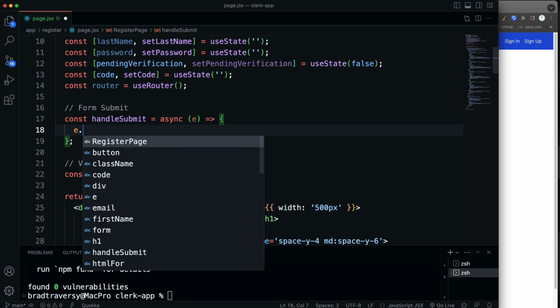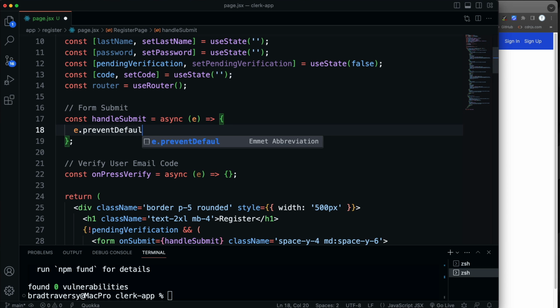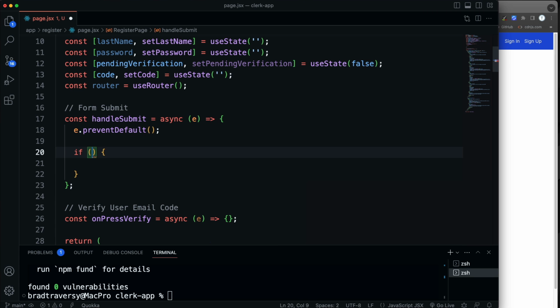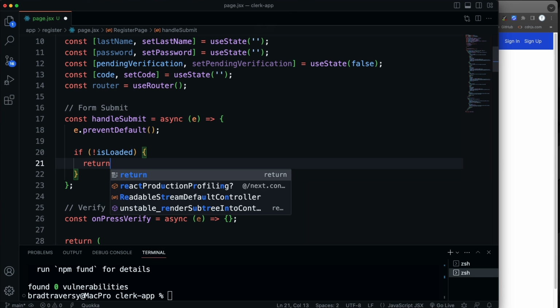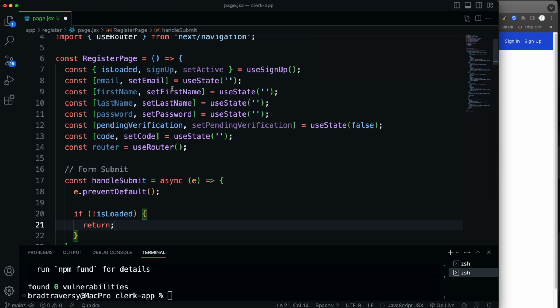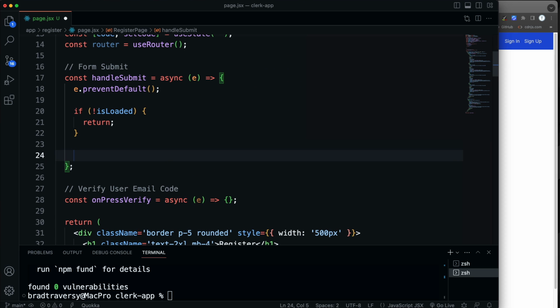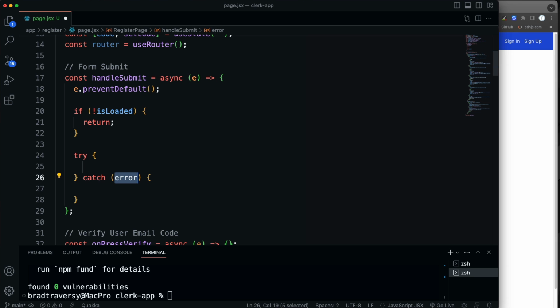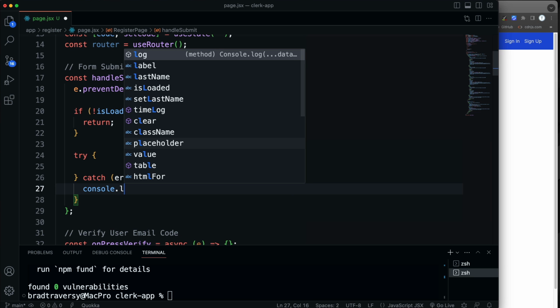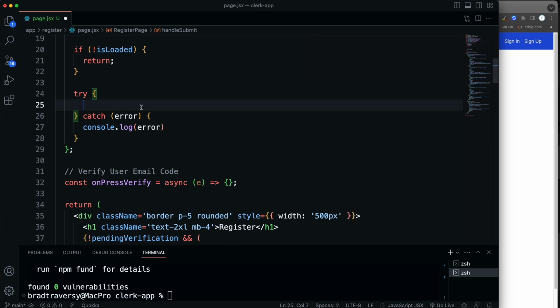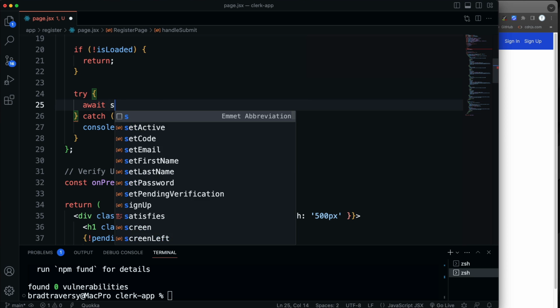So let's first of all e.preventDefault, and then we're going to check to see if it's not loaded. So if not is loaded, then we want to return, because that means that the sign up object is not loaded, is not ready. If it is, then let's do a try catch, and here we'll just do a console log of error, and then in the try we're going to call signup.create, which is asynchronous, so we want to say await